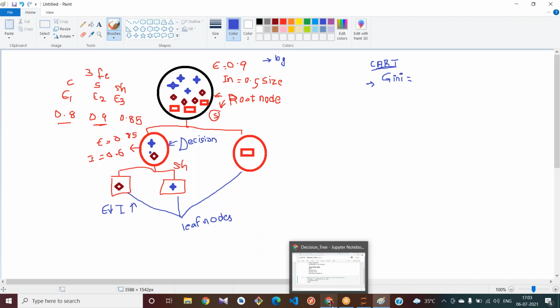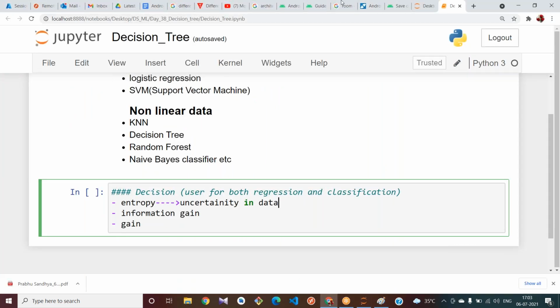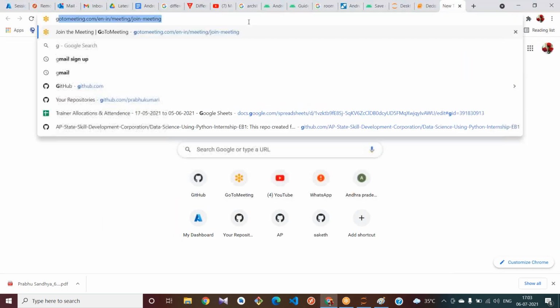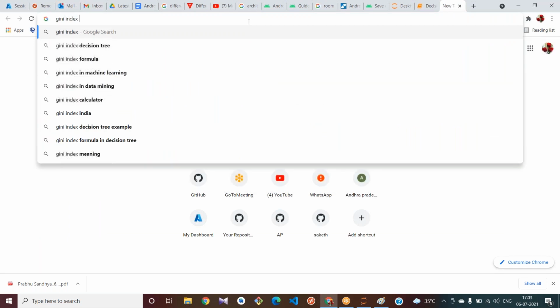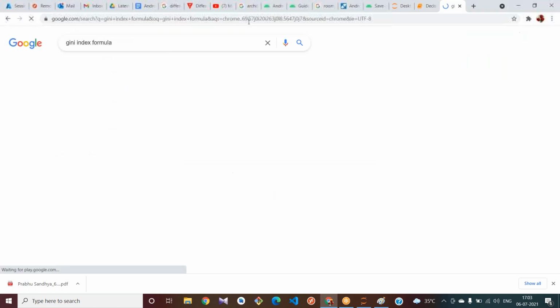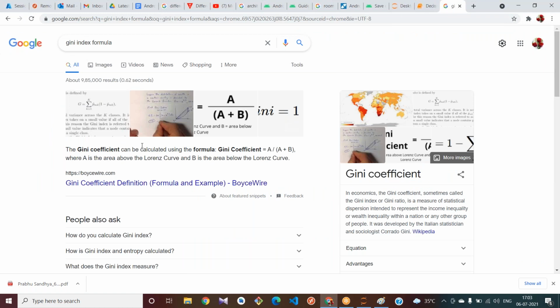Let me show you the formulas once. Gini index formula. See, there are many formulas here.